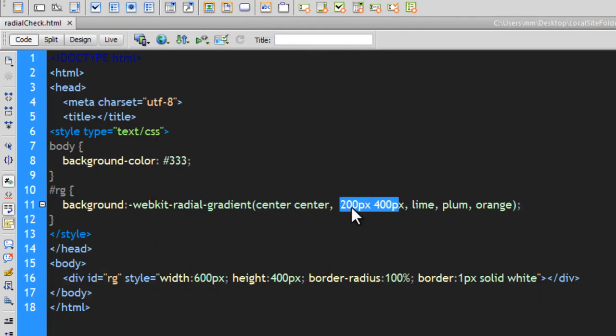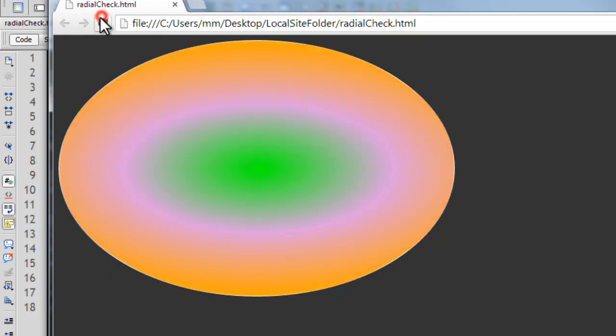Let's interchange 400 by 200. This becomes 4, this becomes 2, right? The gradient will rotate itself 90 degrees. Let's bring the browser up, let's refresh. That's exactly what has happened, people. So you see how easy it is to manipulate the shape and the position, the originating position from where the gradient actually emerges. So the first argument is the position, then we go to the shape, and then we